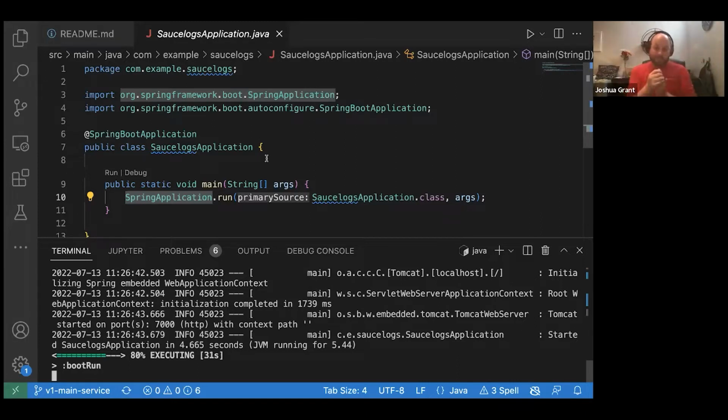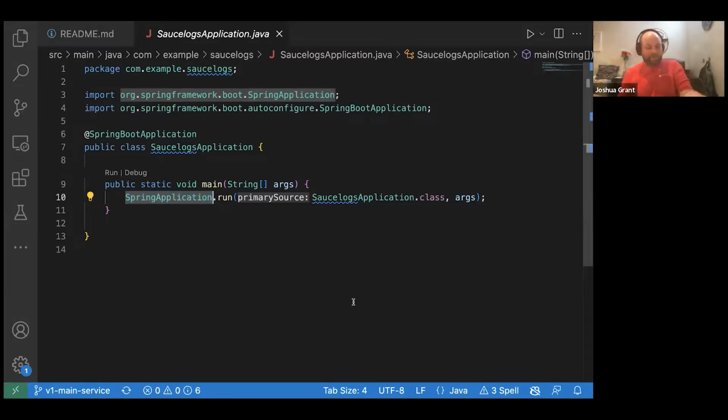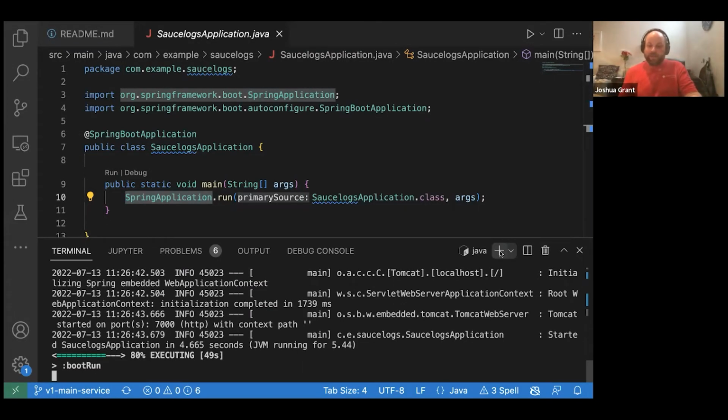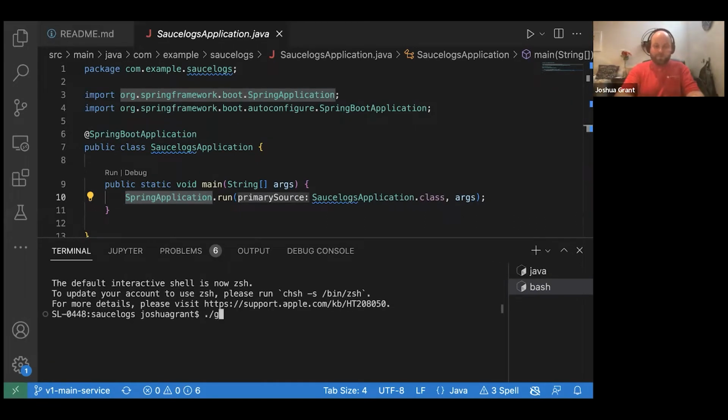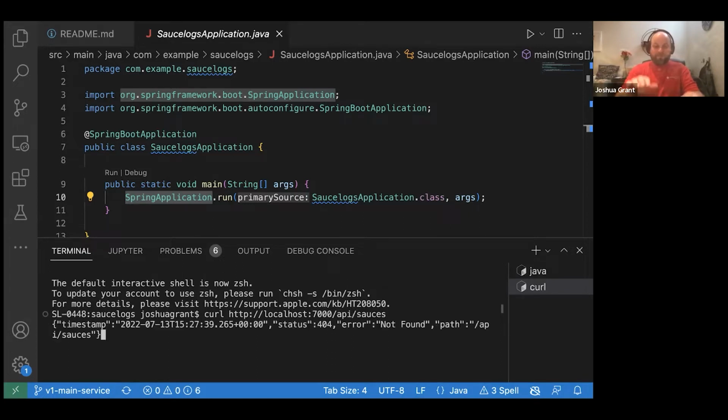So let's take a look. So this starts up. So now, my service is starting. This is a local service, kind of a test instance, and it starts up at localhost on port 7000. So if I open up a new terminal, for example, I could go curl http localhost 7000 api sauces, and